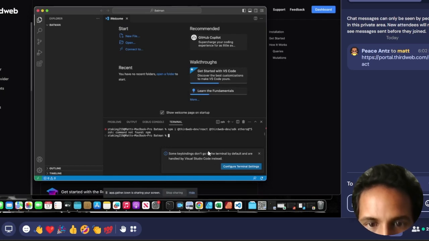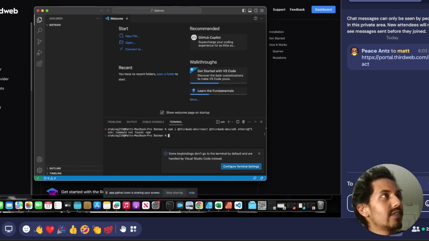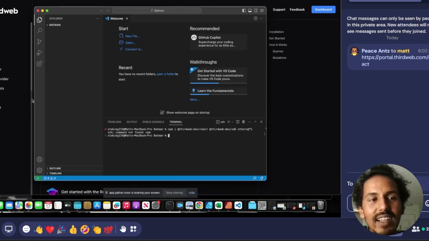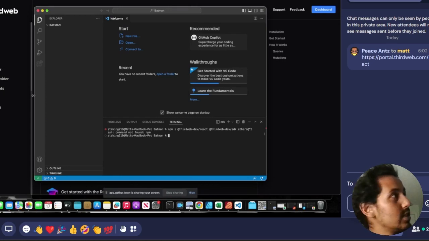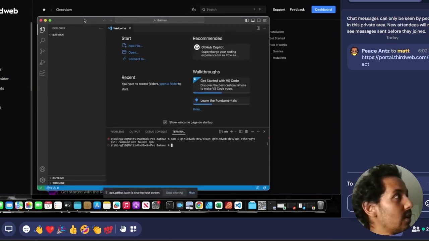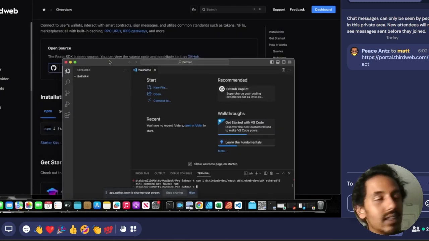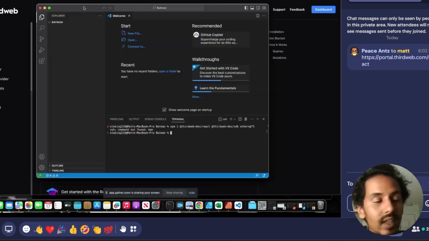Says command not found. Did I do something wrong? Okay, no worries. That just means we have to install npm. So, like I said, getting the setup going is truly the most painful part. Then once it gets to the actual coding, it gets a little more fun.